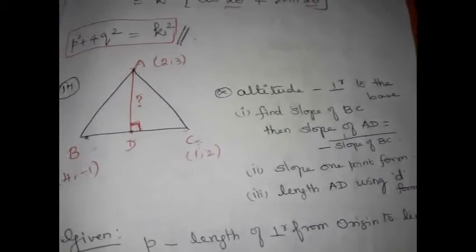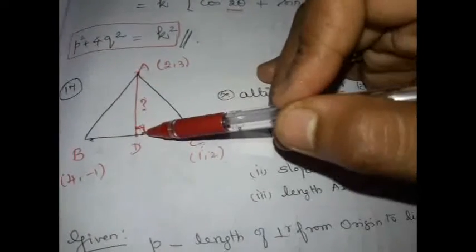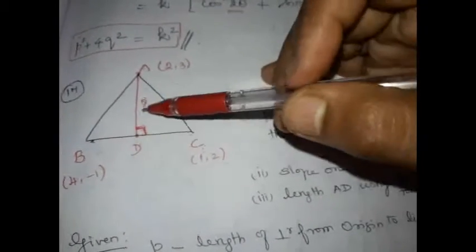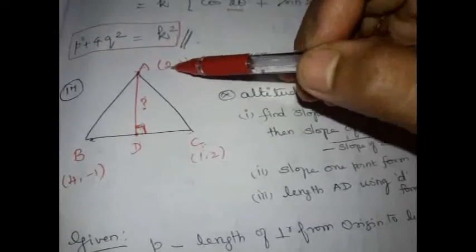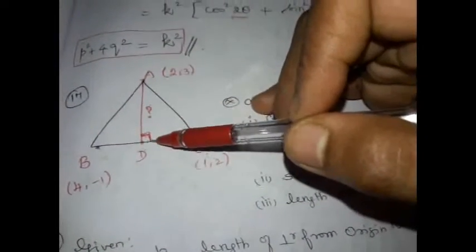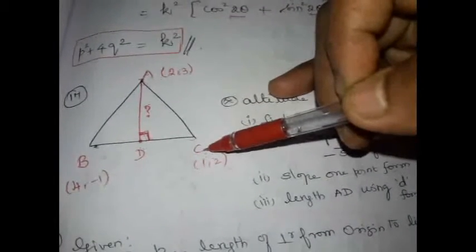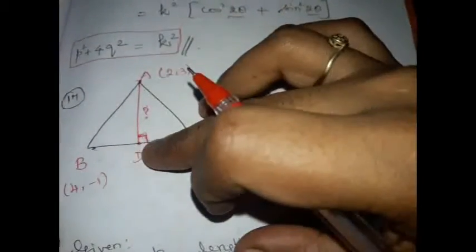Right? I repeat, how will you find the equation of AD? The equation of AD can be obtained by getting its slope and 1 point. So slope 1 point form. How can the slope be obtained? Since it is perpendicular, we can find the slope of BC, negative reciprocate it, and that will give the slope of AD. Right? So with slope 1 point form, we get the equation of AD.